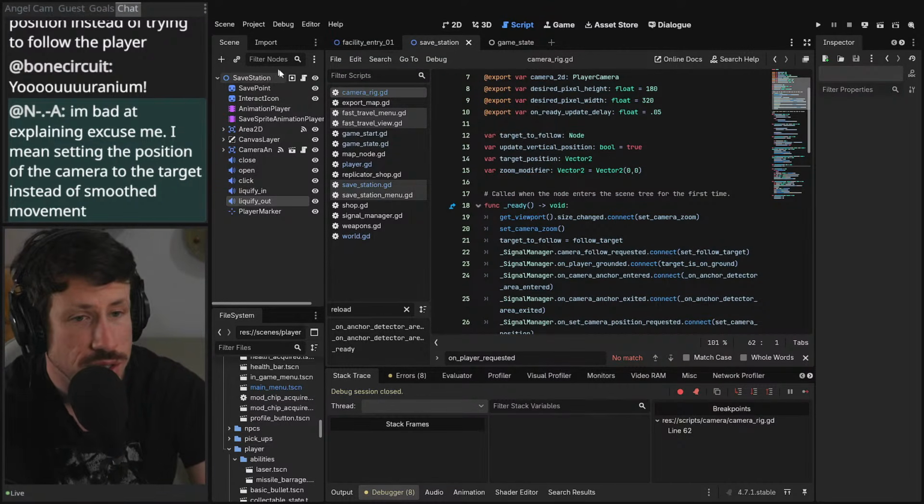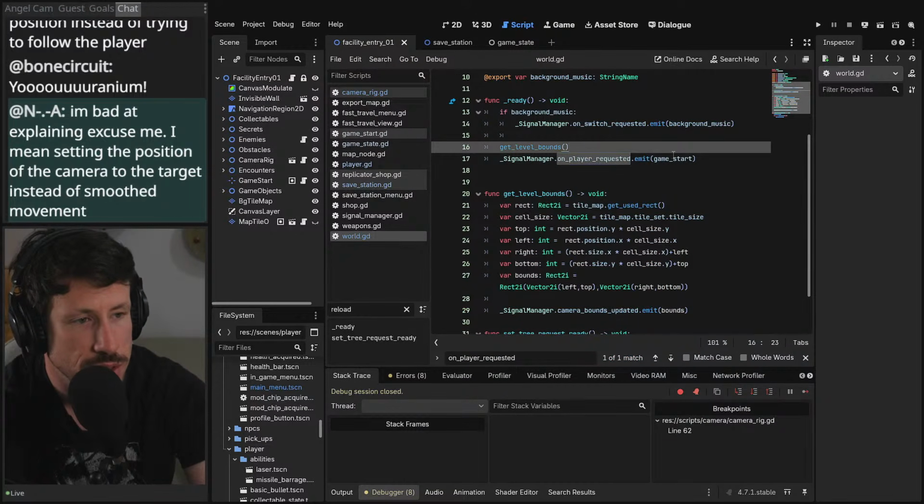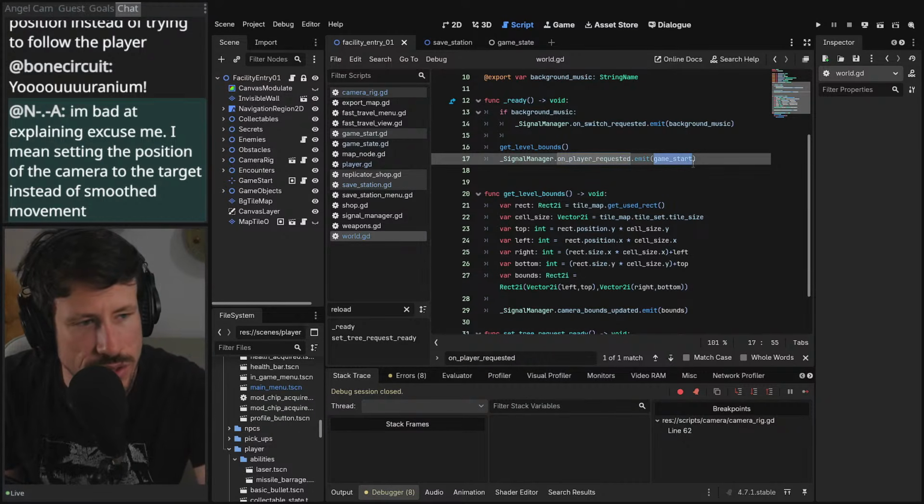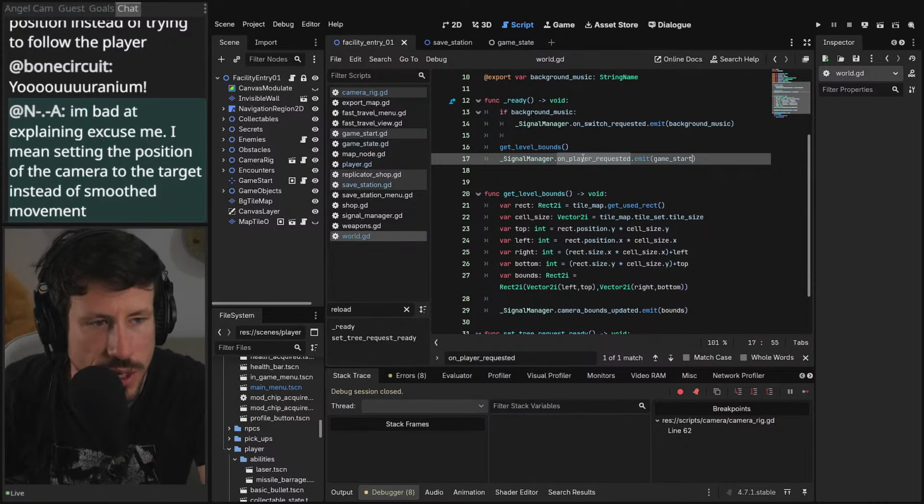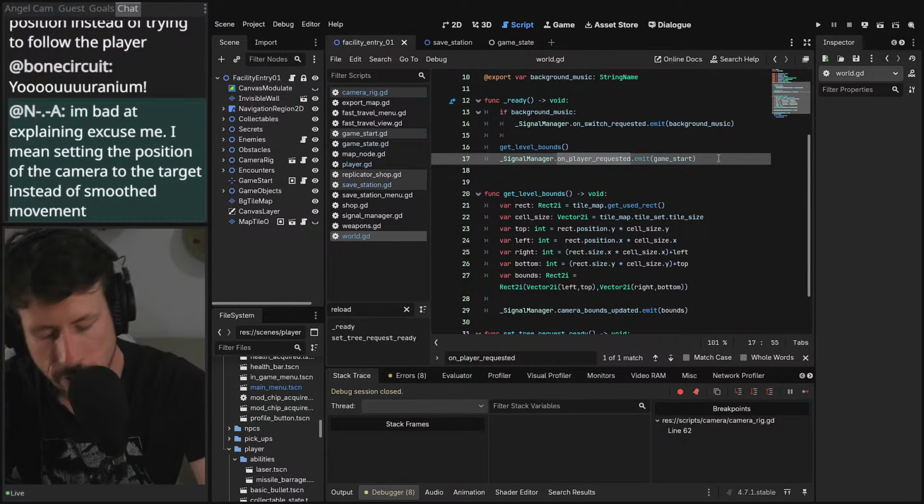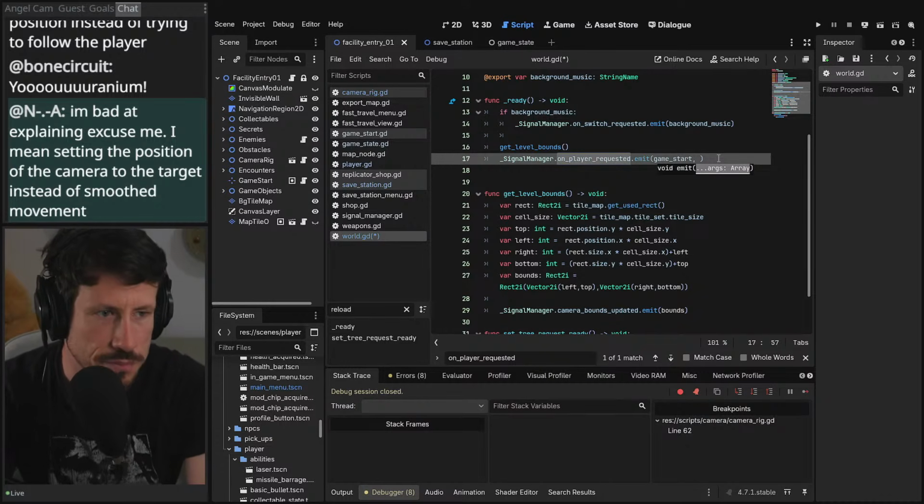But honestly, the facility has the ability to say on player requested and the game start. We could send the camera off in this same signal on the player requested and say that's the position of the camera, right? You could actually do that, and then all of this goes away. Although I still would like to understand why it doesn't go to the player straight away. However,